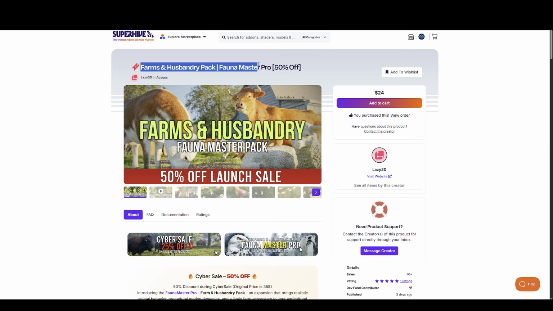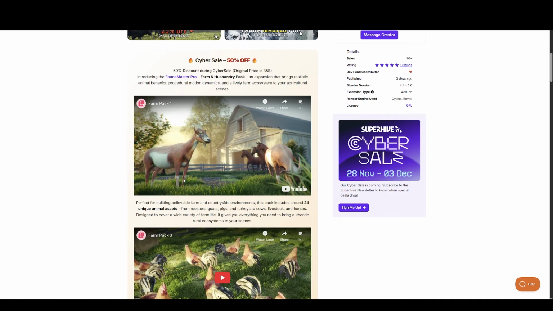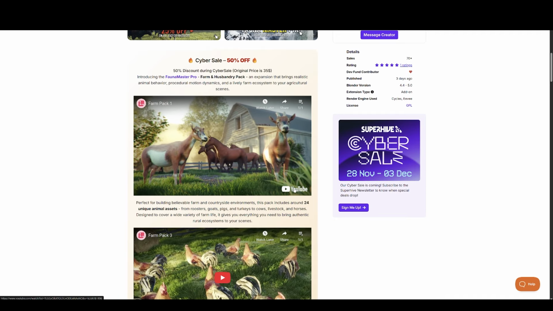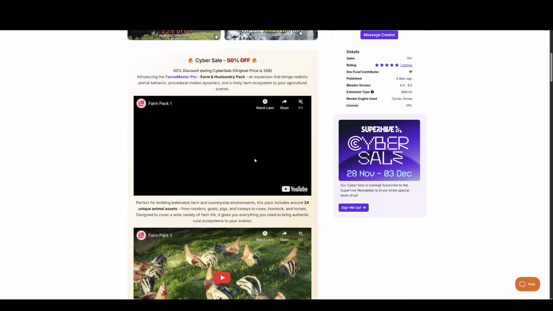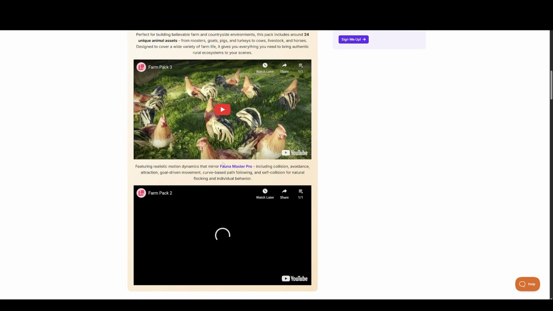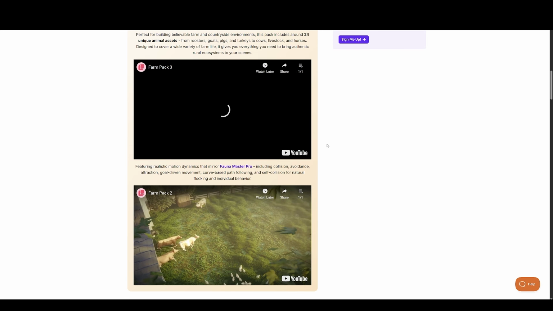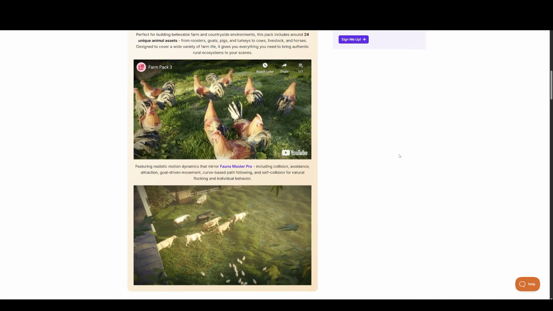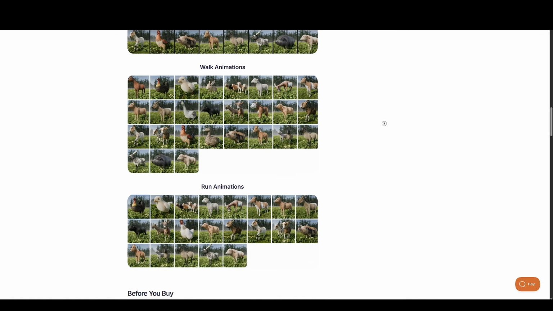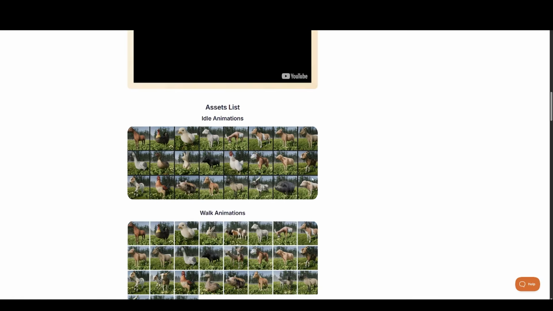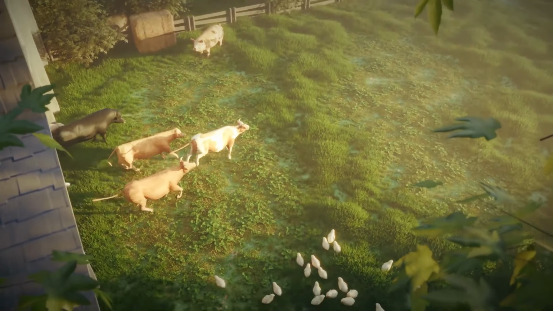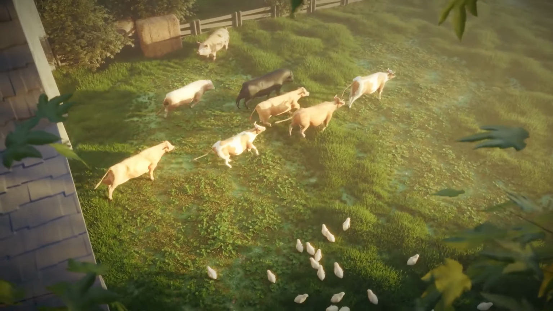Last one is Farms and Husbandry Pack, an expansion that brings realistic animal behavior, procedural motion dynamics, and a lively farm ecosystem to your agricultural scenes. Perfect for building believable farm and countryside environments, this pack includes around 24 unique animal assets, from roosters, goats, pigs, and turkeys to cows, livestock, and horses. Designed to cover a wide variety of farm life, it gives you everything you need to bring authentic rural ecosystems